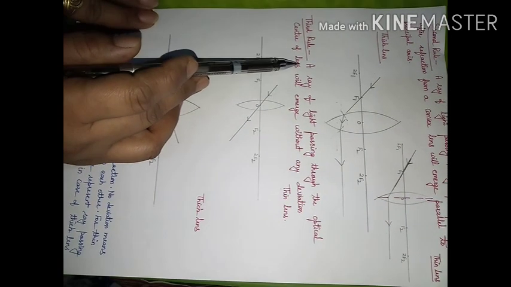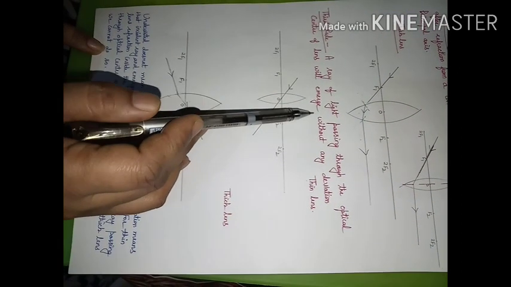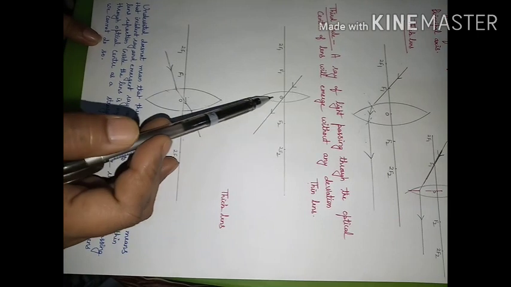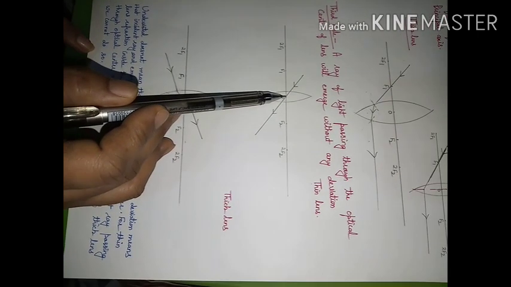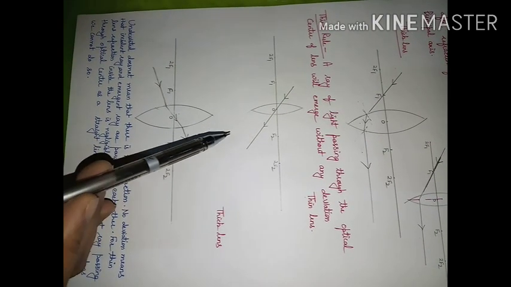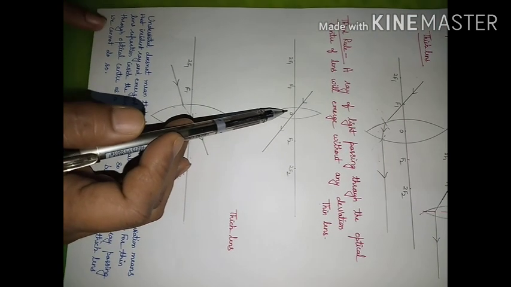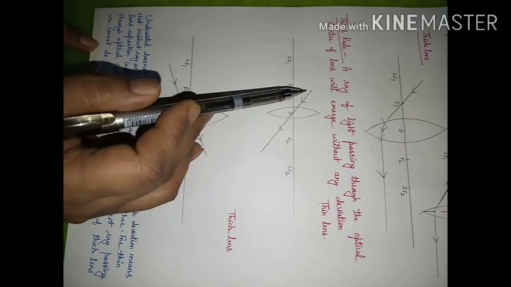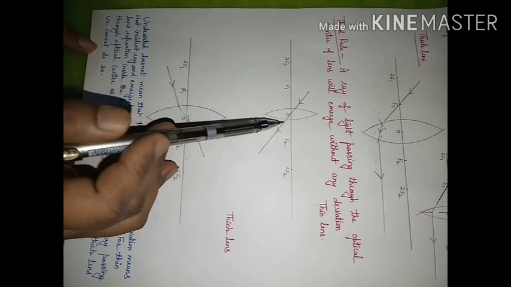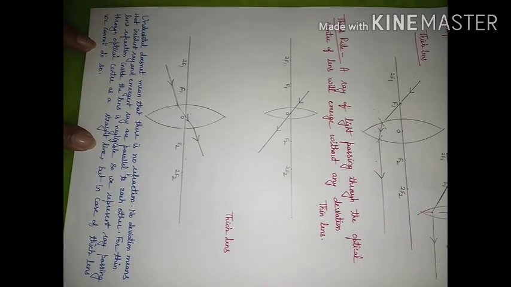The third rule that we are going to consider: if a ray of light is passing through the optical center of a lens, then it will go without any deviation. This is the diagram we have considered for a thin lens. So this is the ray of light. It will pass through the optical center without suffering any deviation. It doesn't mean that refraction is not taking place. Refraction in the sense that the speed of light will change when it goes from rarer medium to denser medium. But the change in path is very small. So we are going to consider that almost it follows the straight line path.